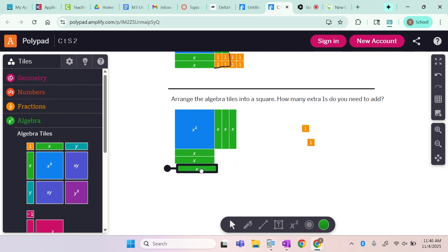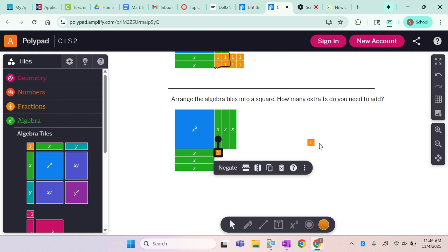And then we have 3 here. Now, we only have 2 ones, but how many do you think we're going to end up having to have? 9. Why do you think 9? Right, we're trying to make a little square, so 3 times 3 is 9. There's 3 bars on each side. So how many do you think we're going to have to add? 7. All right, so if we added the 7,